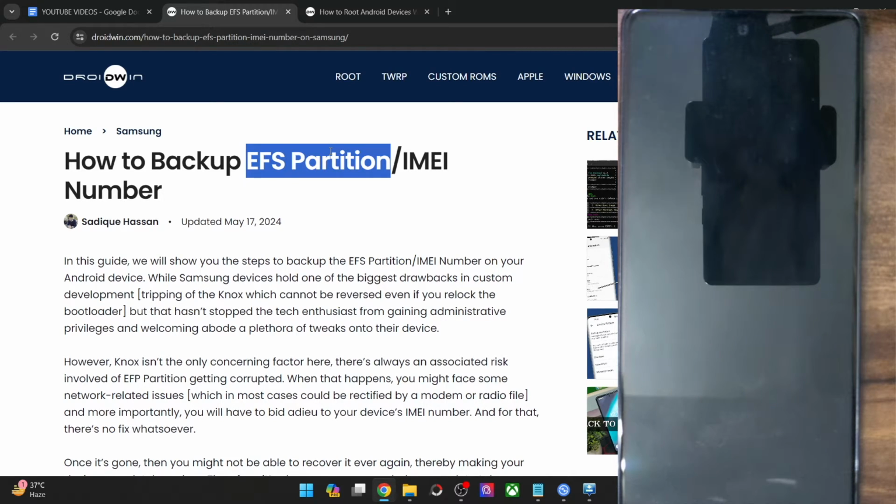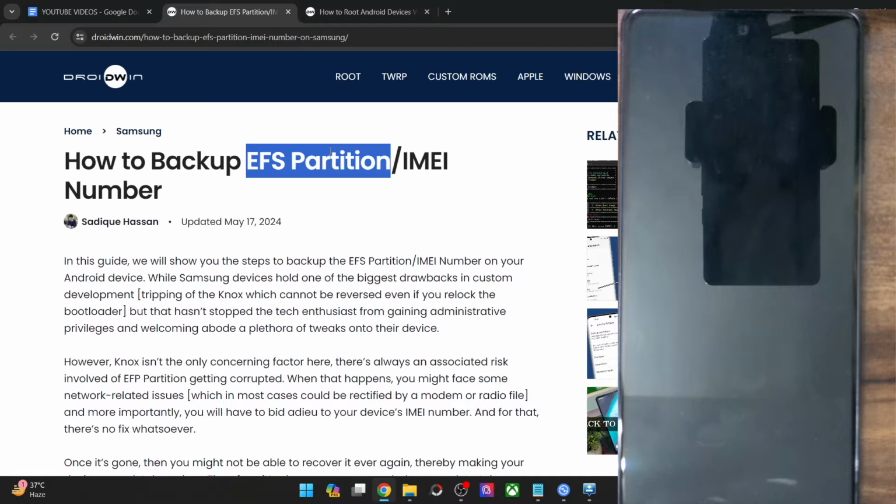The benefit of ADB command is that it's universal and acceptable across all the Android phones, but on the flip side, you will require root. On the other hand, the benefit of a custom recovery is that you don't have to root your phone and it's quite easy to carry out. But on the flip side, not many Android phones have a custom recovery.